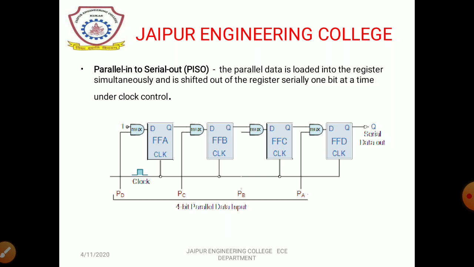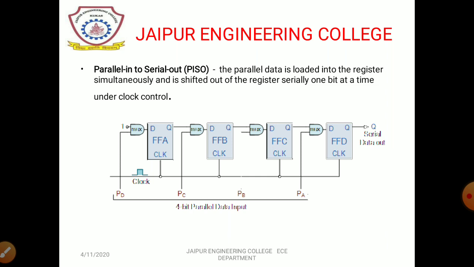This circuit consists of 4 D flip-flops which are cascaded. That means the output of one D flip-flop is connected as the input of the next D flip-flop. All these flip-flops are synchronous with each other since the same clock signal is applied to each one. In the shift register, we can apply the parallel input to each D flip-flop by making preset enable 1. For every positive edge triggering of the clock signal, the data shifts from one stage to the next stage, so we will get the serial output from the rightmost D flip-flop.